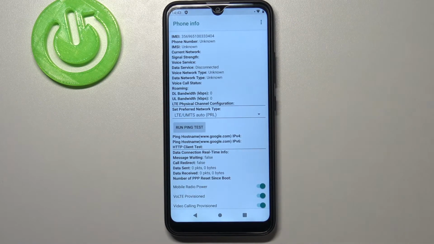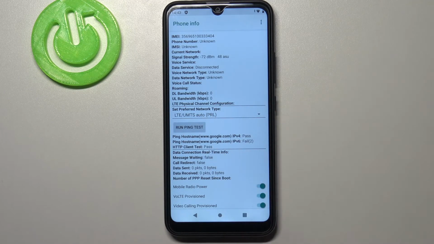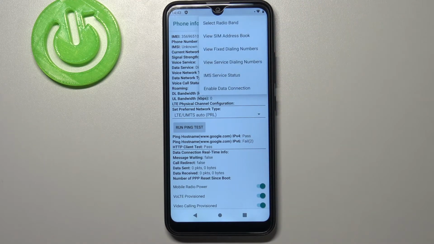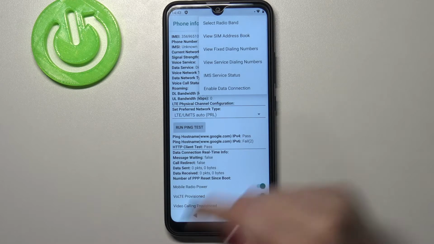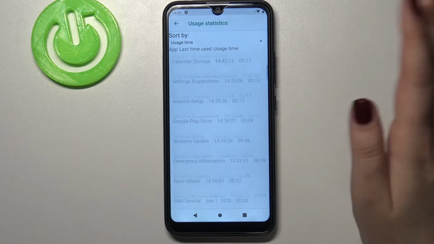As you can see, here we can check the info like the phone number, signal strength, data service, voice call status, and so on and so on. We can run ping test also. Here we've got the results, and after tapping on the 3 dots icon we can also enable data connection or view service dialing numbers. Let me get back and let's check usage statistics, and as you can see here we've